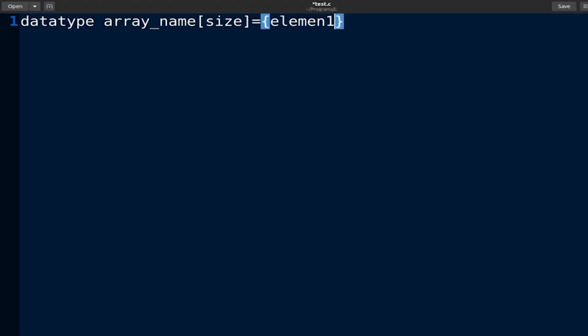An array in C is a collection of similar types of elements. The syntax for an array is the data type of the array, the name of the array, within square brackets the size of the array, and the elements of the array. Now, to access each individual element of an array, we have something known as